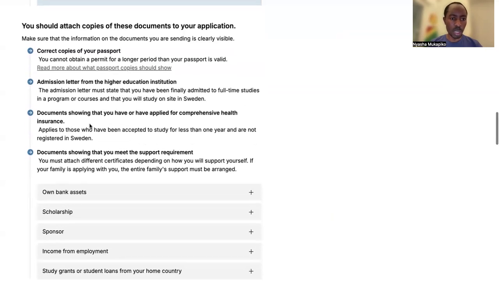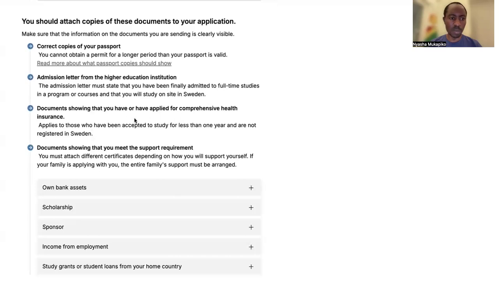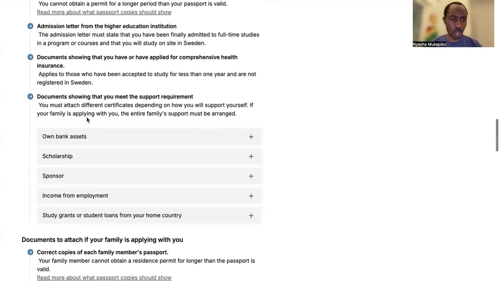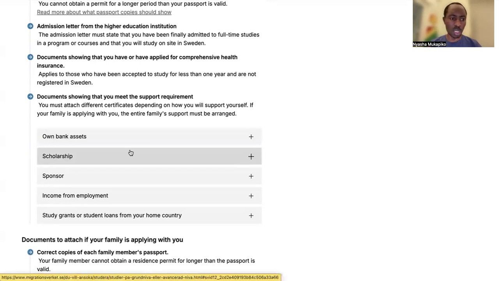Then documents showing that you have applied for a comprehensive insurance. We've talked about this. Then documents showing that you meet the support requirements. If you are not on scholarship, you will need a document, maybe a bank statement showing that you have enough money to support yourself once you have arrived in Sweden.